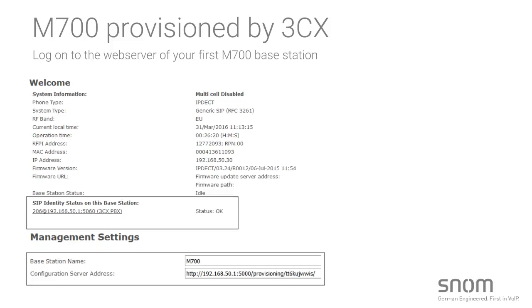Okay, so then we can see now the M700 with this step is now provisioned by 3CX. If you log on to the web server of the base station, you will see that we now have the configuration server address as seen below here. This is the IP address of my local 3CX, and in the top box we have the first SIP identity we just registered, the 206 on the 3CX PBX. And of course, on your 3CX status, it also shows up as registered and OK. It's just so that you can recheck what happened on the base. Yep. Okay, so all looks good